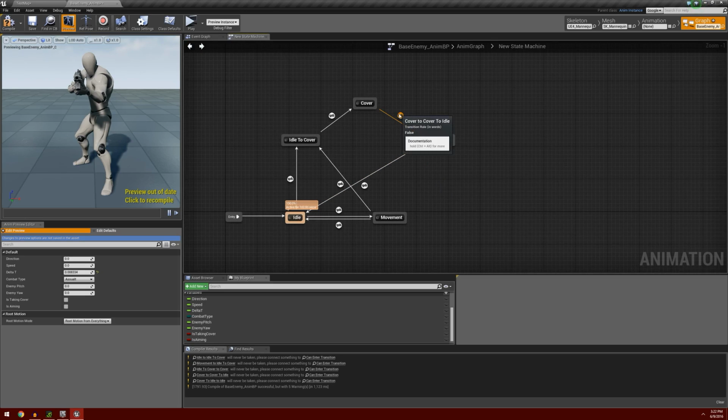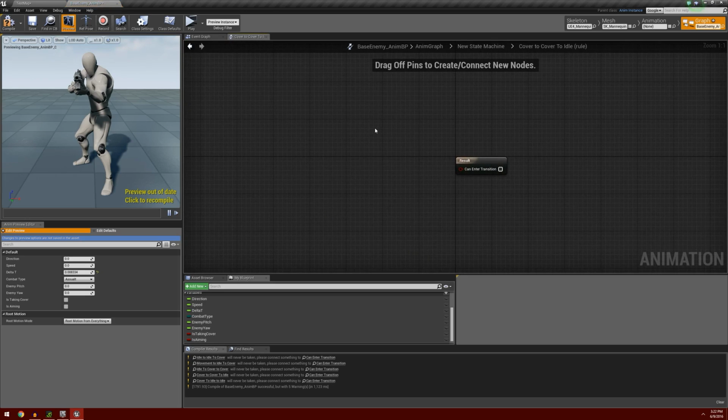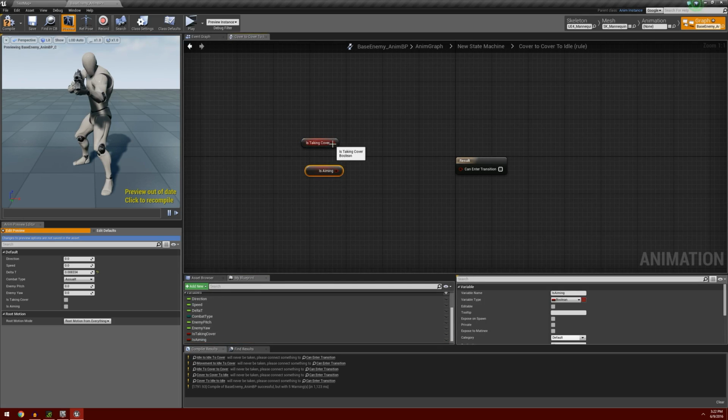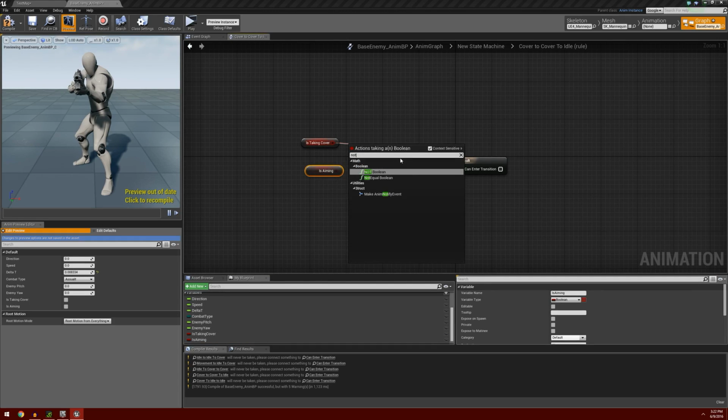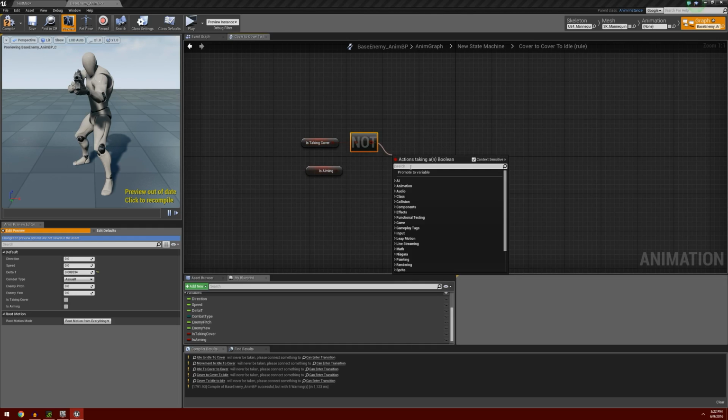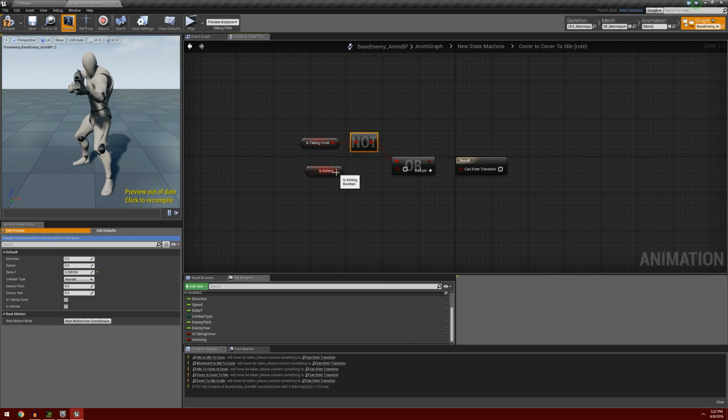From our cover to idle, we're going to open this up. And we want to once again grab our is taking cover and our is aiming variables. And for this, we want it when is taking cover is not true or if aiming is true. So from our not, I'm going to drag out and get an or. We'll plug our is aiming into the or and the result into our result. So if is taking cover is false or is aiming is true, we're going to exit our